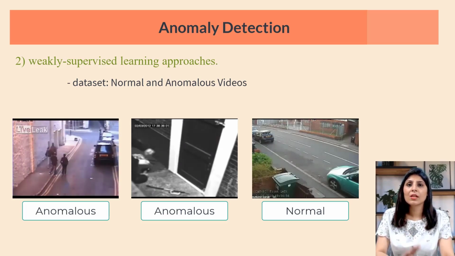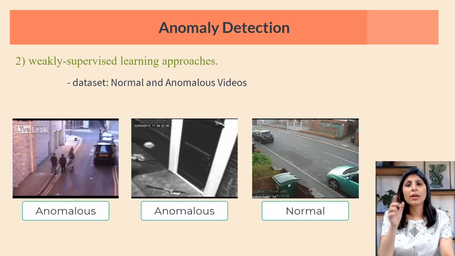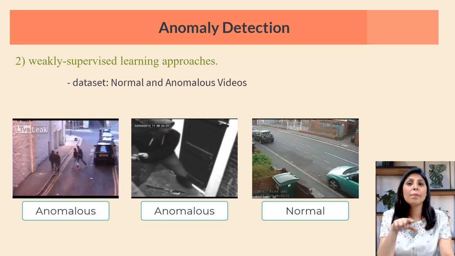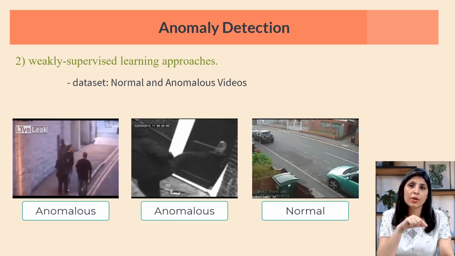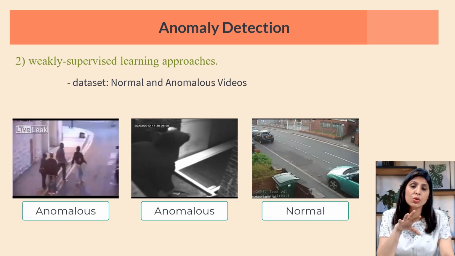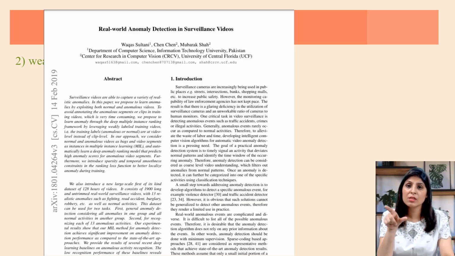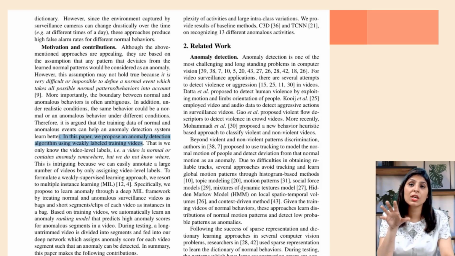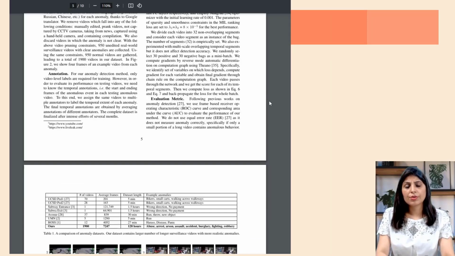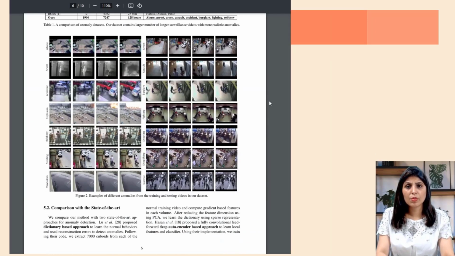Instead of doing this, the author, okay, so now guys, let me show you the paper which we are going to implement. For this tutorial I'm going to implement this paper, and in this paper they have used this weakly supervised approach to perform anomaly detection. They are not using the one class classification approach. So now let's discuss more about this weakly supervised learning.